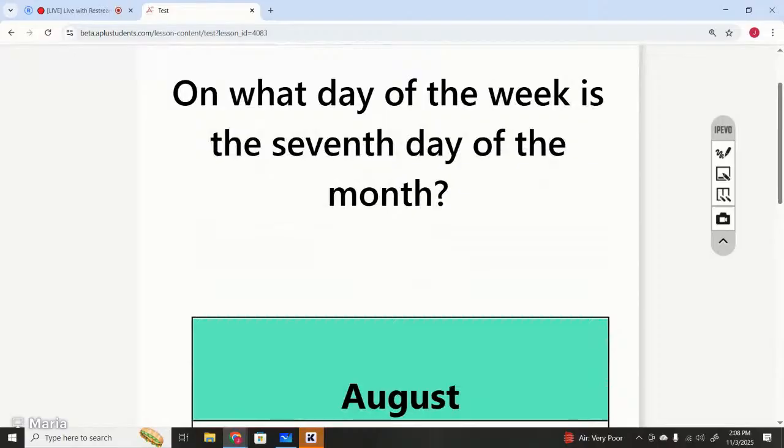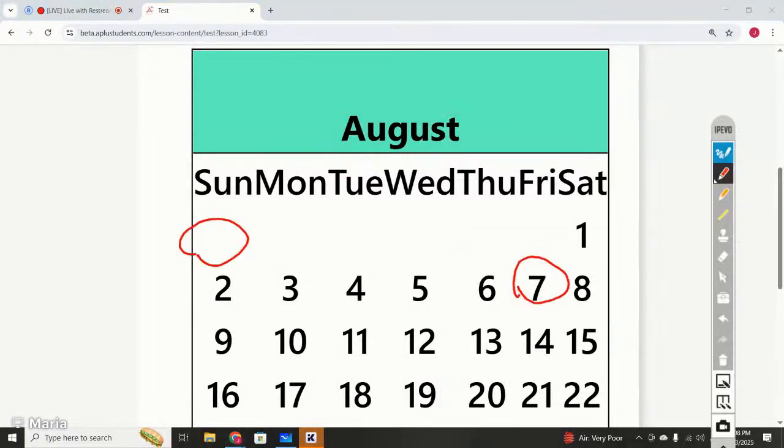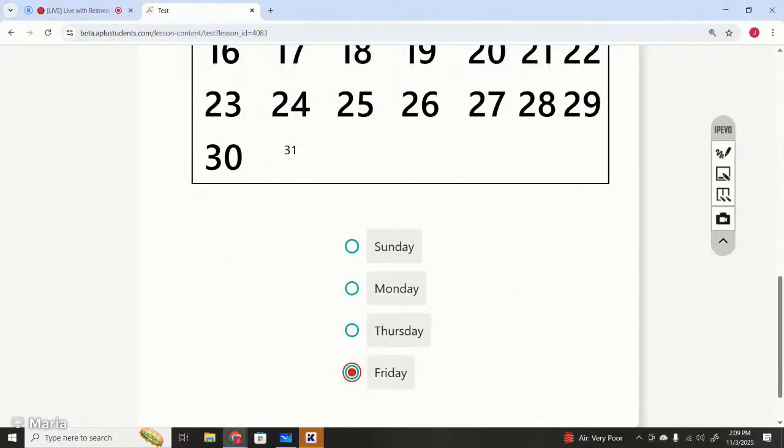On which day of the week is the seventh day of the month? You need to find the seventh day of the month, right? So seventh of the month. So which day is it? So the seventh day of the month is on